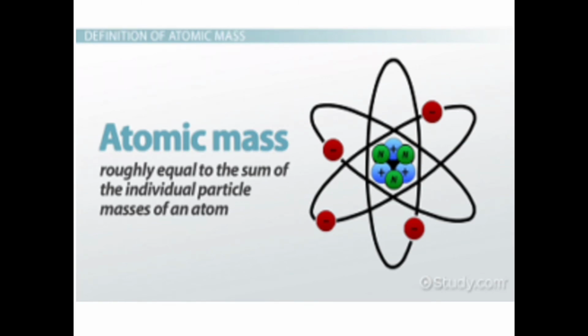Next, let us see about mass number, which is otherwise known as atomic mass. We have seen that the mass of an atom is concentrated in its nucleus. From this, we can get the mass number. It is equal to the sum of the number of protons and the number of neutrons in the nucleus. So we get the mass number with the sum of the number of protons and the number of neutrons.